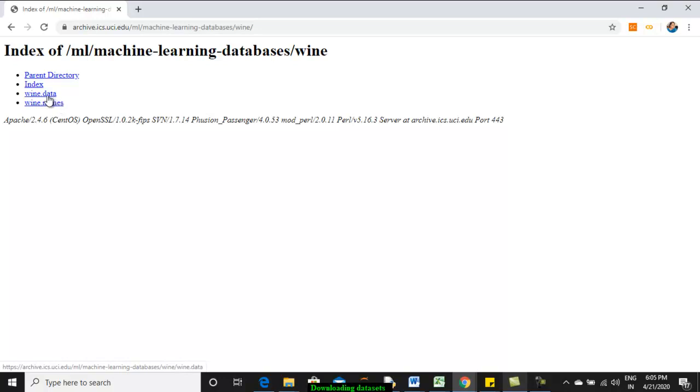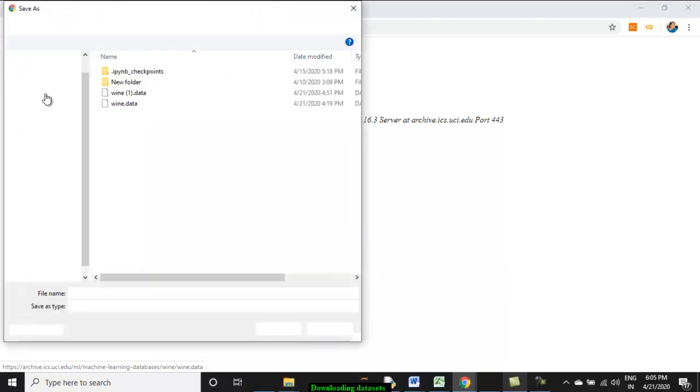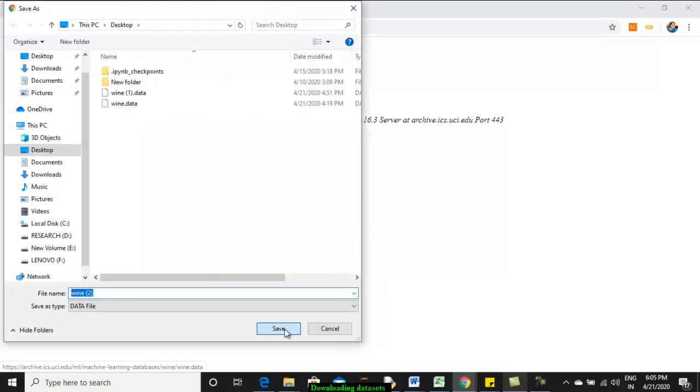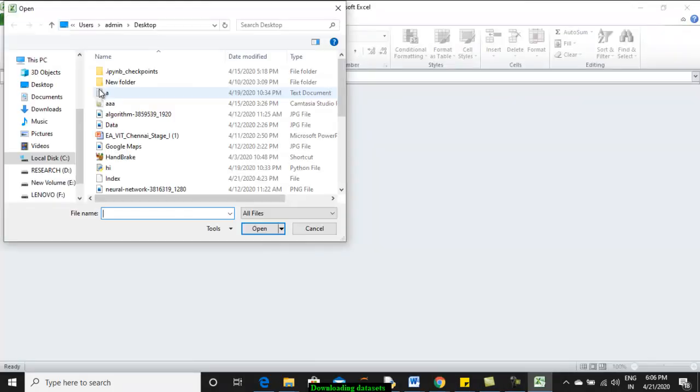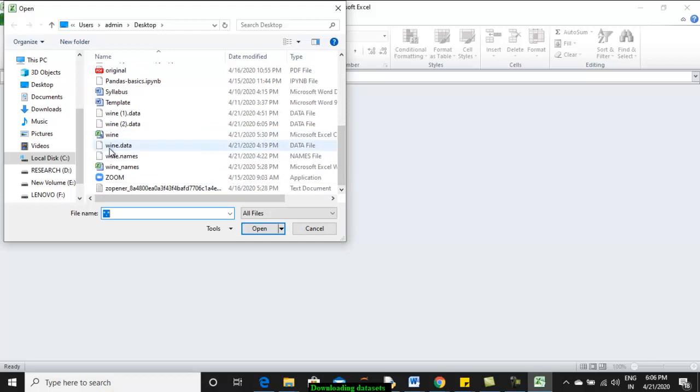Now if you go to the data folder, you can see the list of all files that are available. Normally the data files will be available with extension .data or .csv, sometimes with Excel or XLSX. So you just have to click on it and then save. That's all. After saving, you go to Excel, click on the open dialog box, and choose. Normally in Excel only .xlsx and CSV files will be visible. Just type star in the file name part and we will be given all the files. From there you download the data file wine.data.